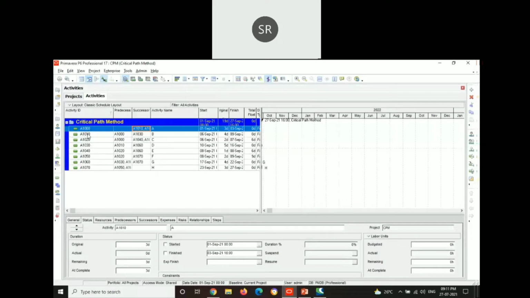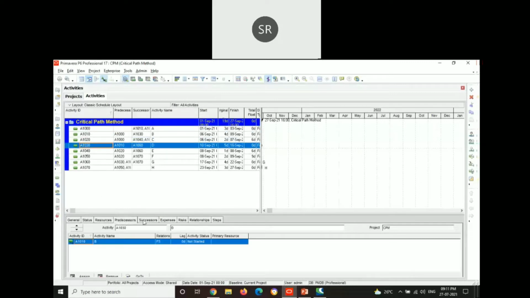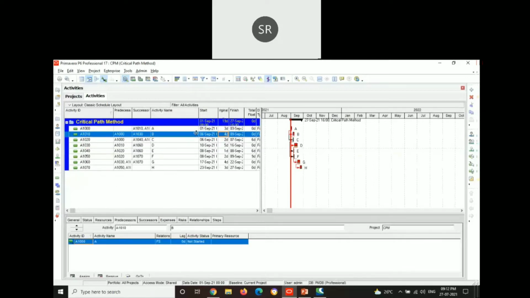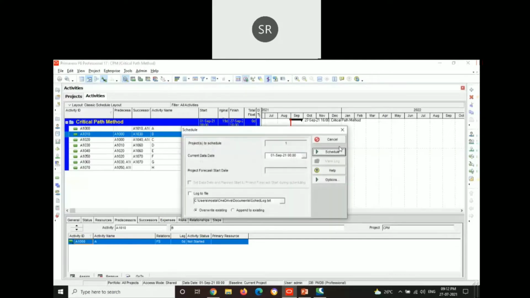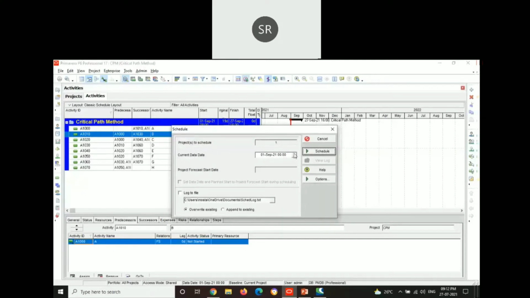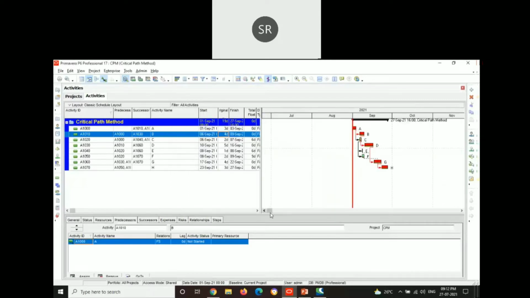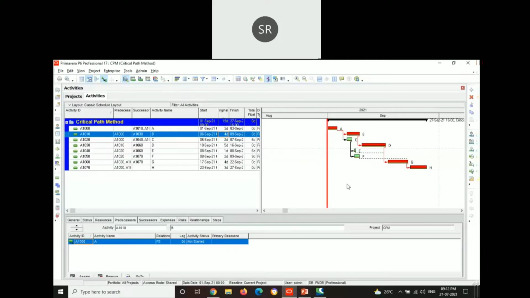For each and every activity, the successors and predecessors are assigned here. You can see that each activity has been assigned the succeeding activity and also the preceding activity. After everything is assigned, the duration can also be assigned in the same way. After assigning the duration, it can simply be scheduled. After scheduling, the network can be formed as given below. The total float, the earliest starting time, the earliest finishing time, and also the latest starting and latest finishing time can be viewed in the Activity Network tab.